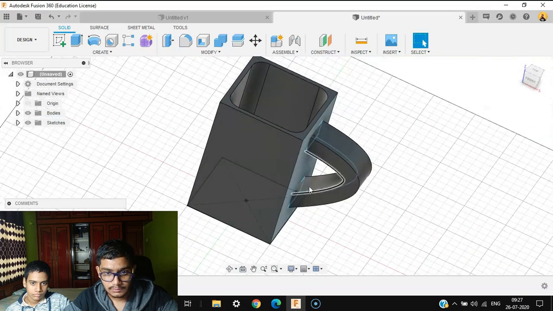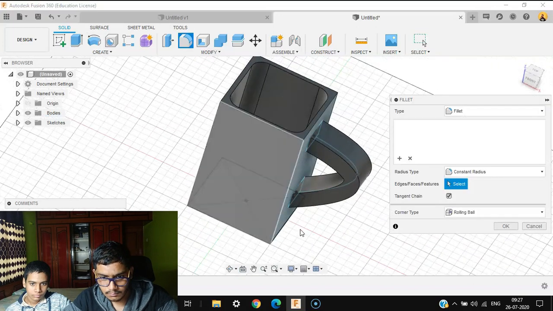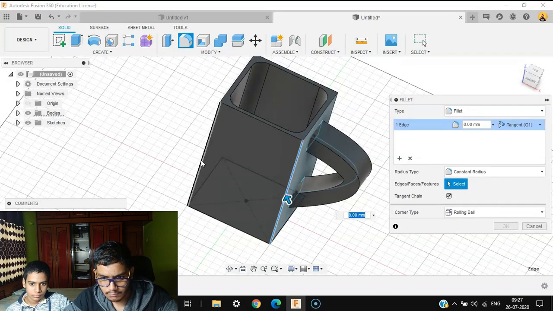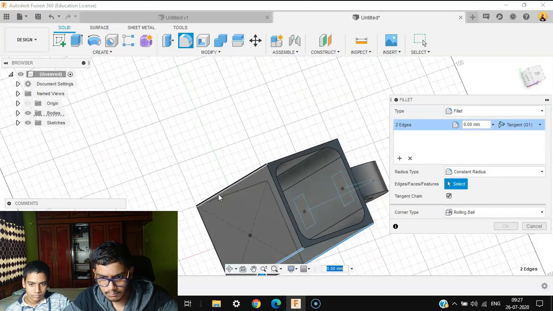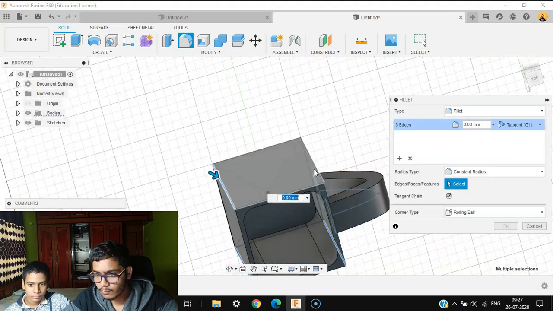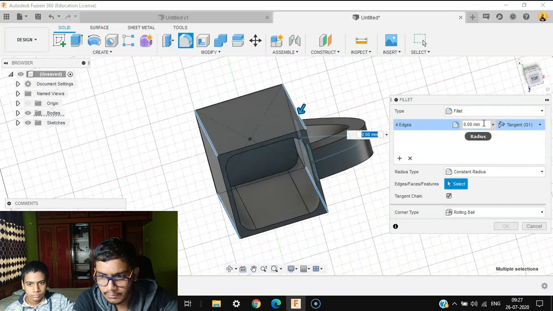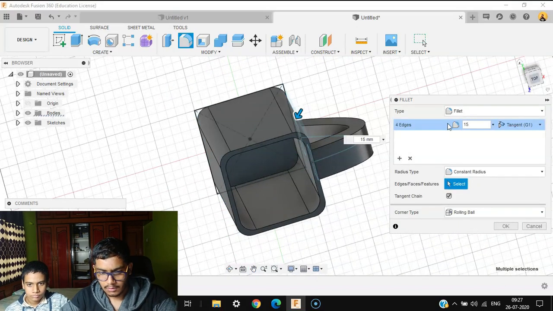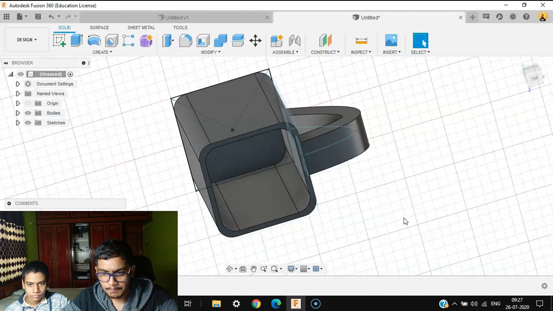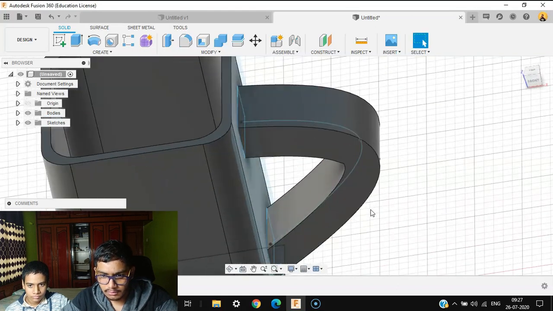Outside edges. Will it work? Yeah. Select even these.